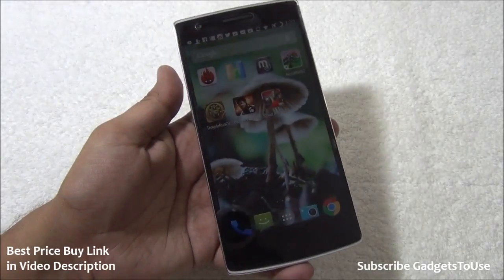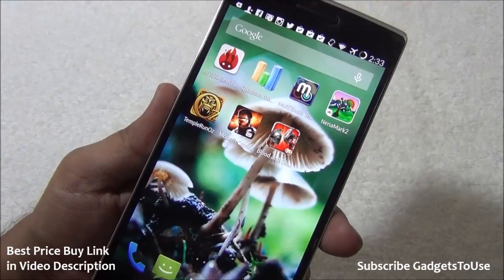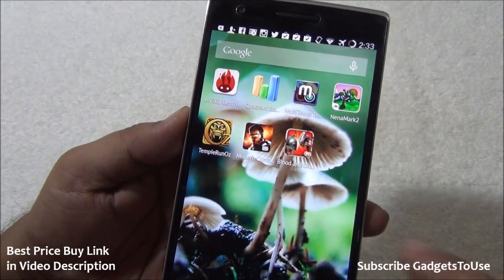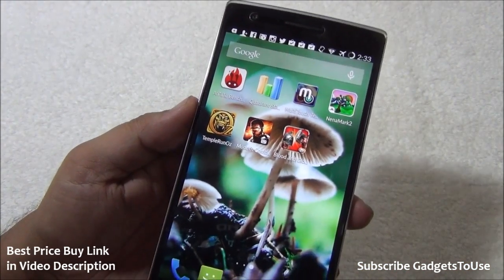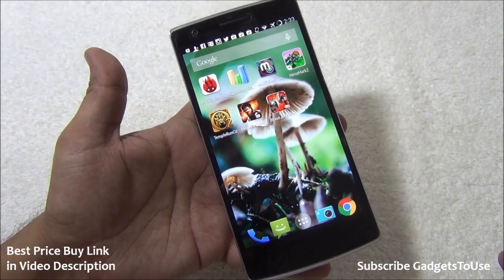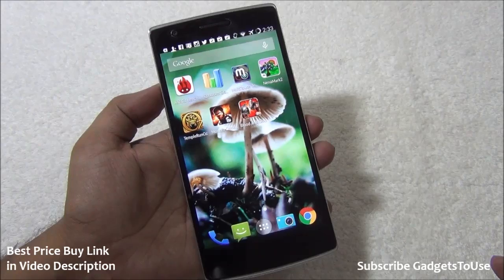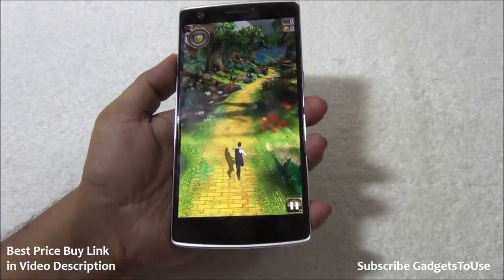So as of now, we have installed a couple of games on this device, which includes Temple Run OZ, which is the casual game. We have Modern Combat 5, which is the most graphic intensive game out of all, and we have Blood and Glory, which is also a pretty medium graphic intensive game. So let me just start with Temple Run OZ to show you the overall performance of this device when it comes to gaming. So now we are playing this game called Temple Run OZ, as you can see,